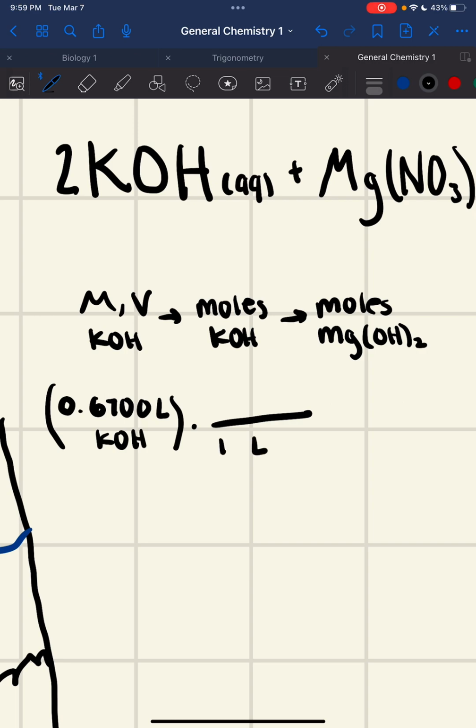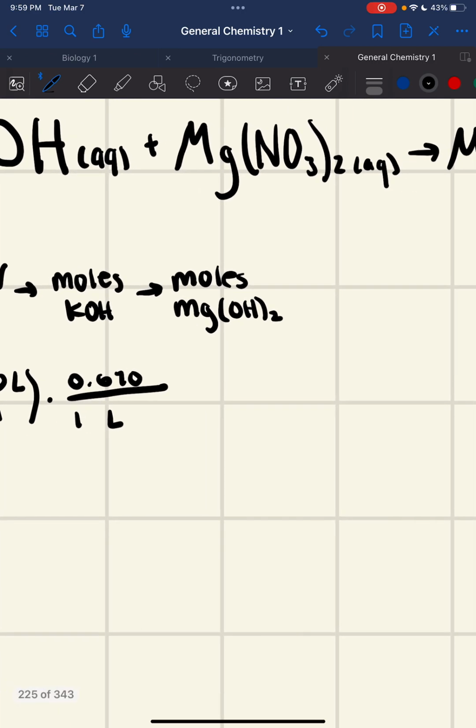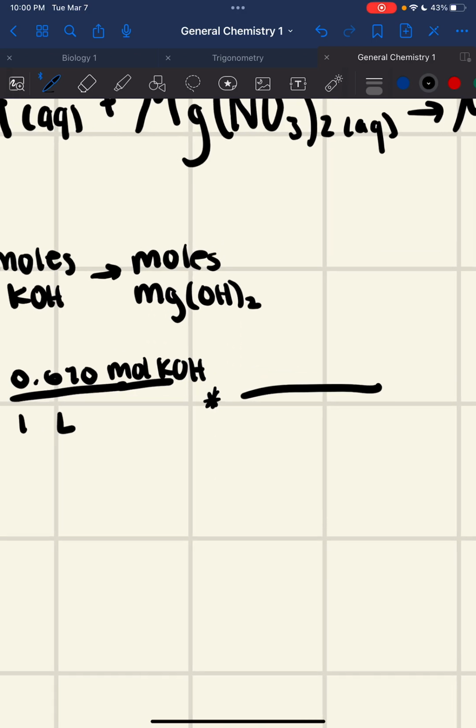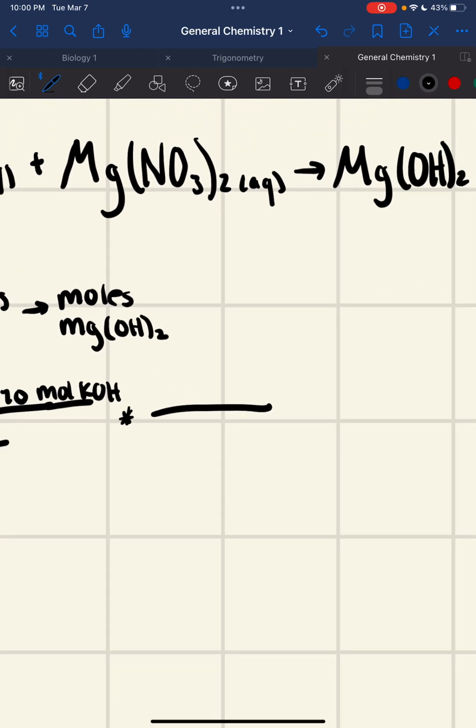So 1 liter is 0.670 moles of KOH. And then to go from moles to moles, you'll use your molar ratio, which is going to be 1 mole of Mg(OH)2 over 2 moles of KOH, which is then going to give us,